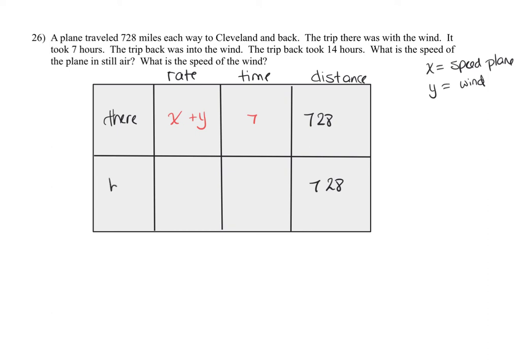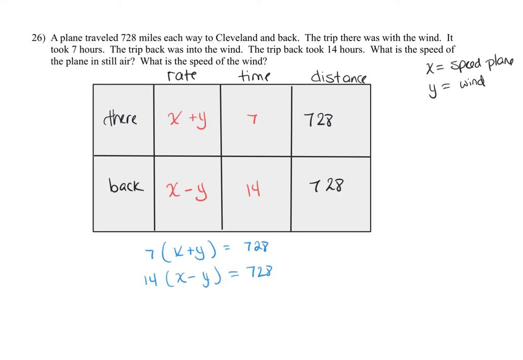On the way back, they were going against the wind. So it hurt them. So we're going to take the speed of the plane and subtract the wind. It slowed them down, which is why, by the way, it took 14 hours. If it's the same distance, it should take longer if the wind is hurting you, right? It should take less time if it is helping you. And so if I were to multiply these across and get my equation, I would see that 7 times (x plus y) equals 728, and 14 times (x minus y)